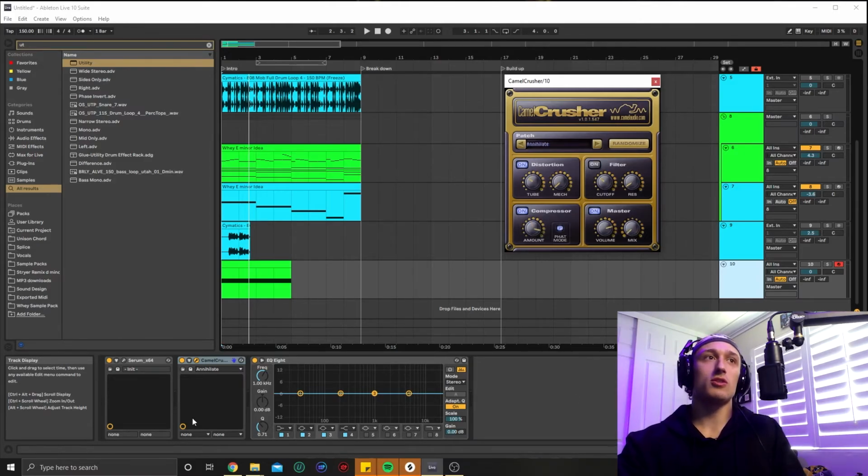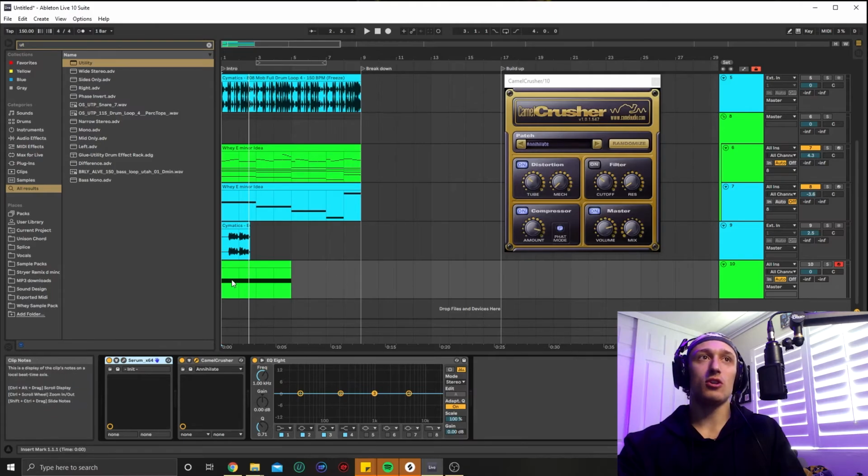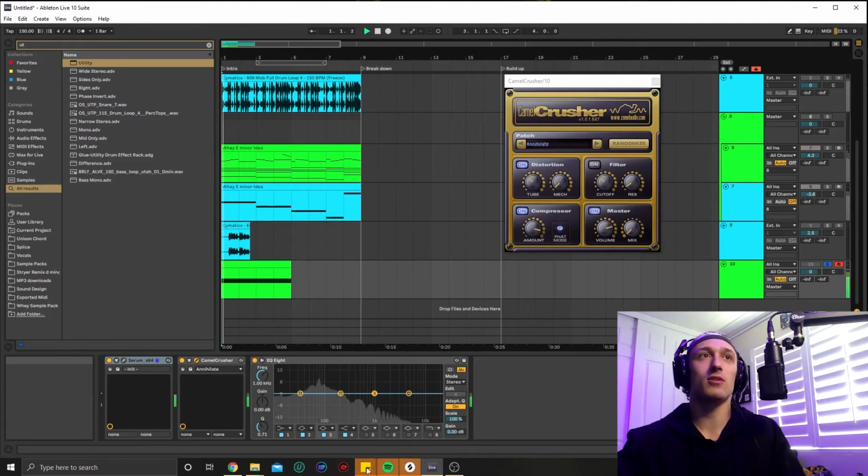So I'm going to start with just a basic sine from Serum here. And I have an EQ so you can see the harmonics that are being introduced. Because when you add distortion, you're adding harmonics to a sound. So, okay, cool. Now if I add Annihilate,